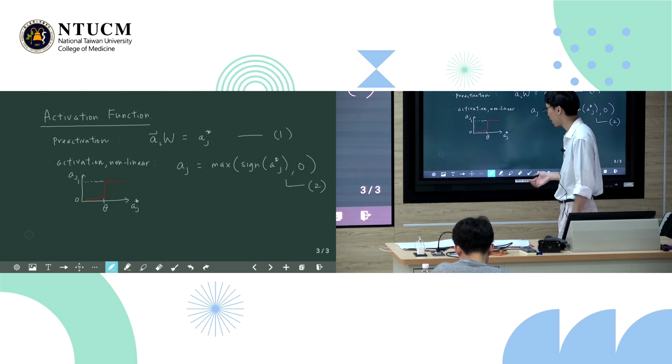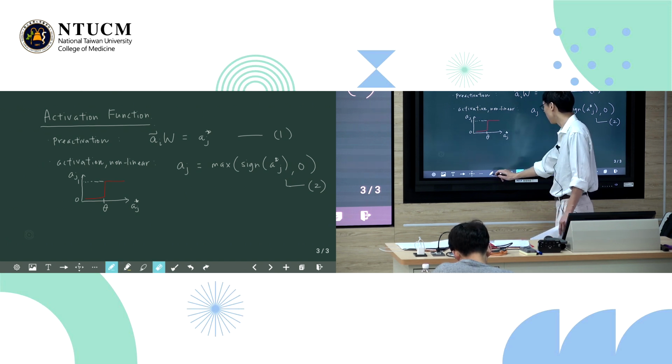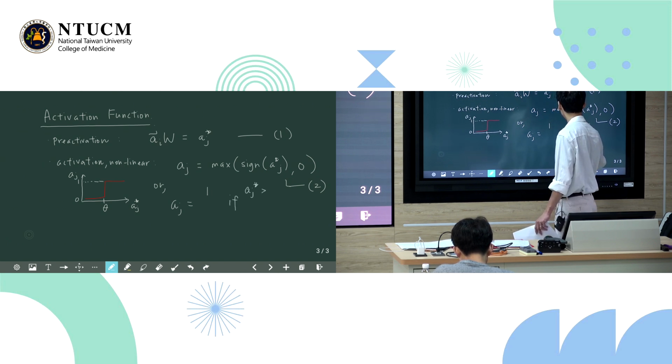This is what I've just written here in code, the code function, and we will apply that. But mathematically, in more formal notation, AJ equals 1 if AJ star is greater than theta, and 0 otherwise.